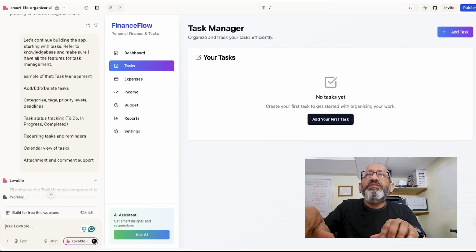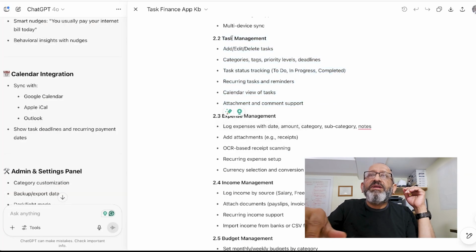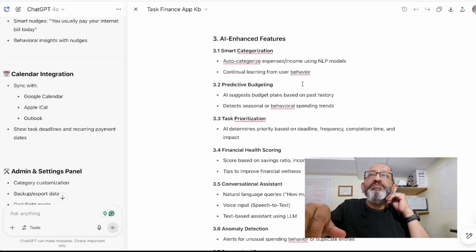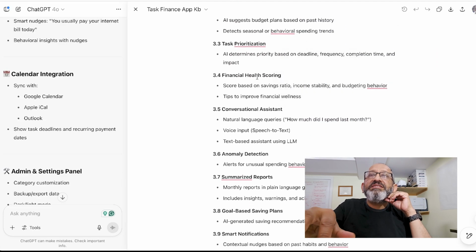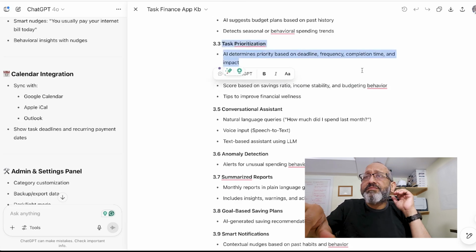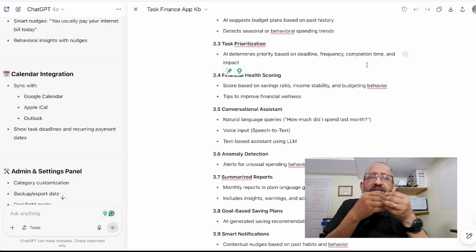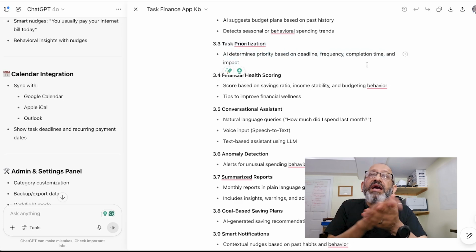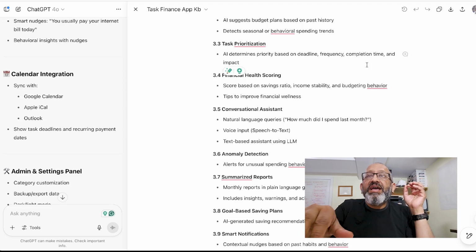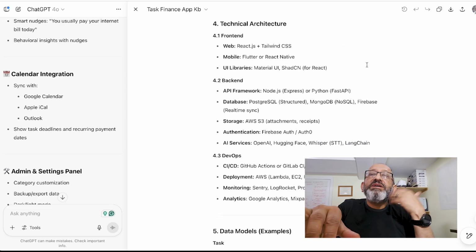Now if I go to ChatGPT, I see task management here, and I'm going to see some other components as well. In the AI enhanced task prioritization, I missed that. Is that right? Because I missed that, this is intentionally I missed it, then I actually need to tell it to go back to the knowledge base and do all the task management including AI enhanced or some other components.